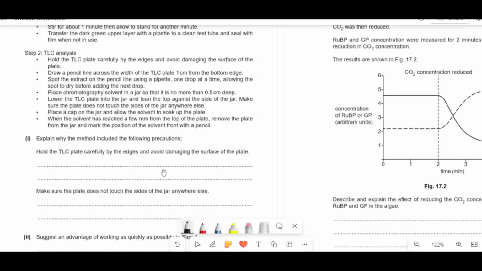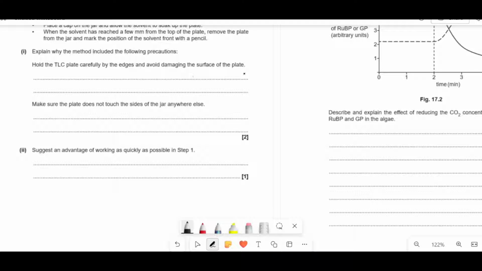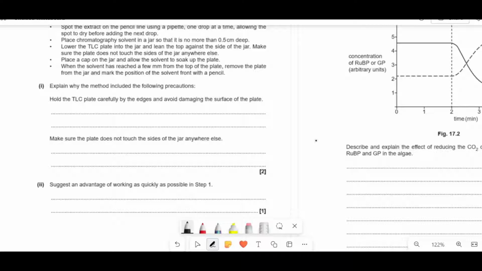Fine. So it says explain why they took the following precautions. They held it carefully by the edges to avoid damaging the surface. Well, the reason is because the movement depends entirely on the substances moving across the plate. So if you've damaged the plate, then you're going to screw up the movement. So it's to avoid affecting